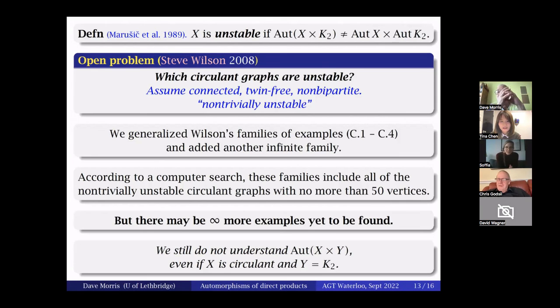Cayley graphs, a non-bipartite Cayley graph on Z2 to the N. Yeah, that's definitely a good question, but certainly with the kind of ideas that we were using, we did this long case by case analysis, and having all those elements of order 2 would be a nightmare. If there's no element of order 2, if you have a circulant graph of odd order,